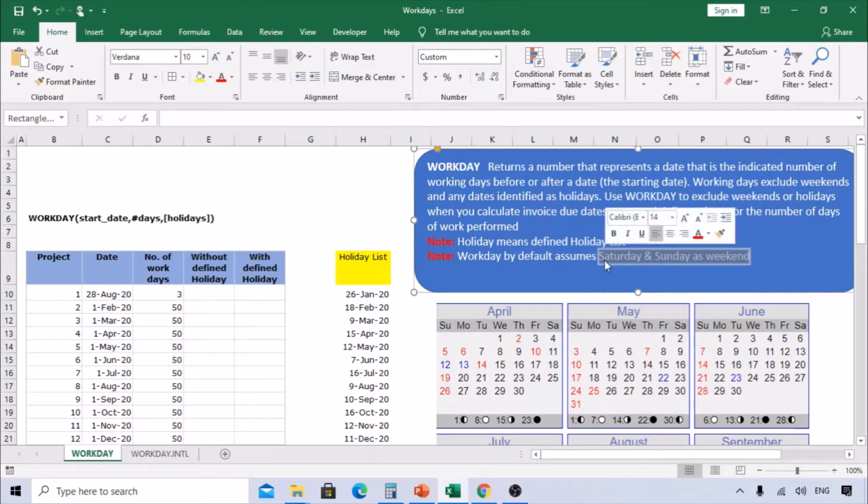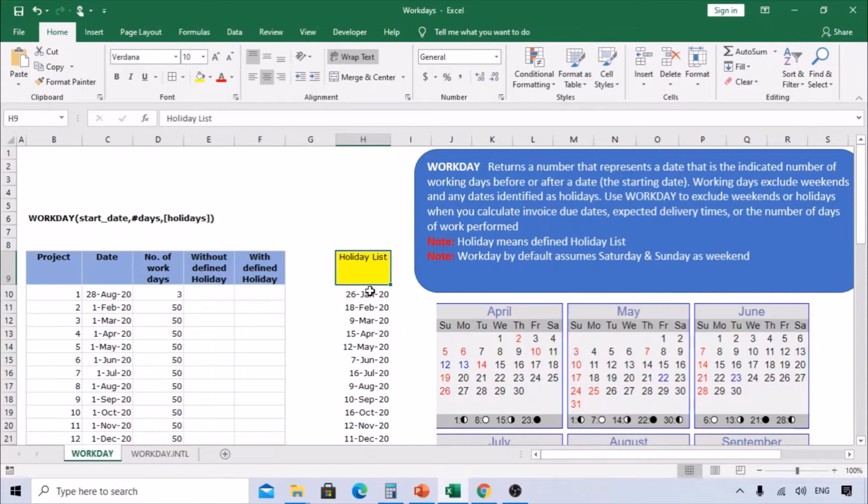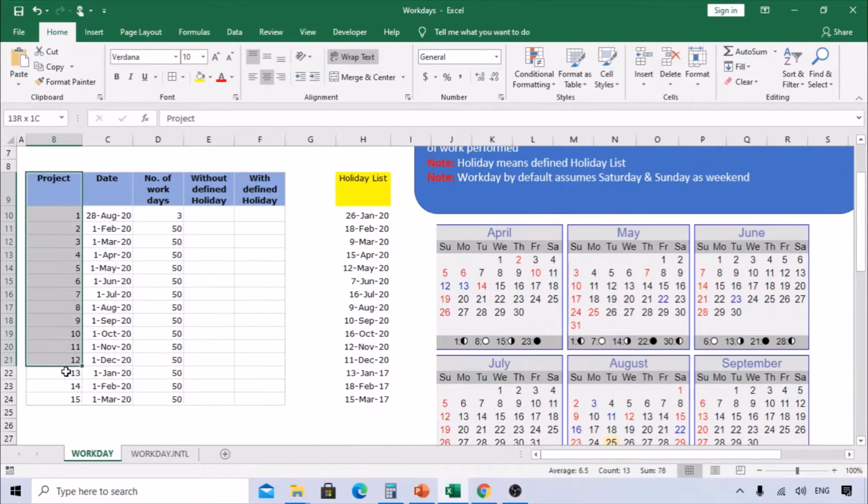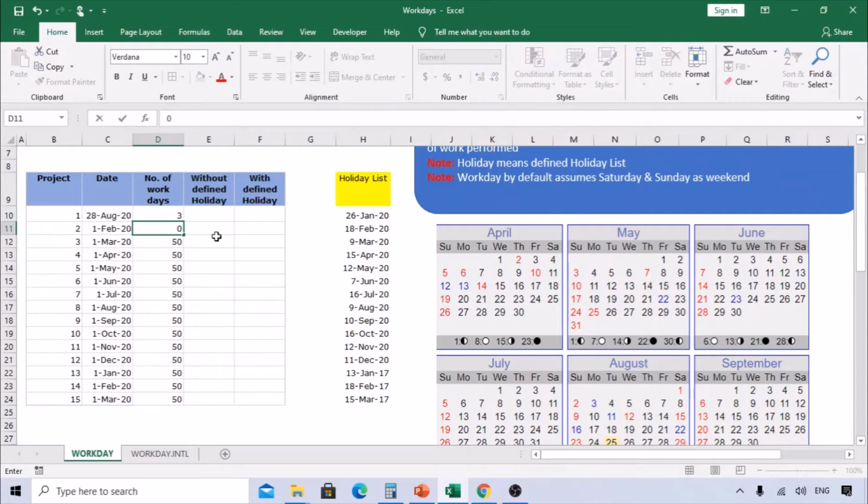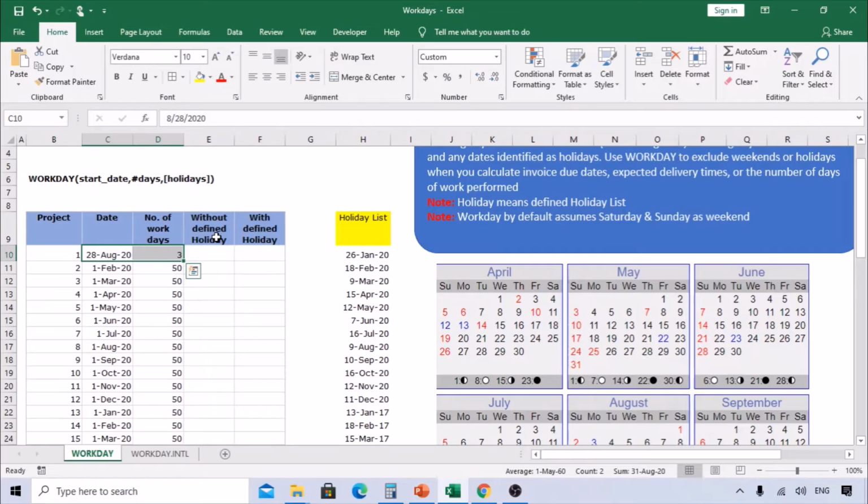So what it is trying to say is, for example, you're starting a project. So you have data here, project 15. These are the starting dates, and the number of days it takes for that project to complete. But between these two dates there may be weekends. I want to ignore the weekends and any holidays because on those days nobody is working. So we need to ignore those and take only the working days for the project to complete. For that, this Workday function is very helpful.